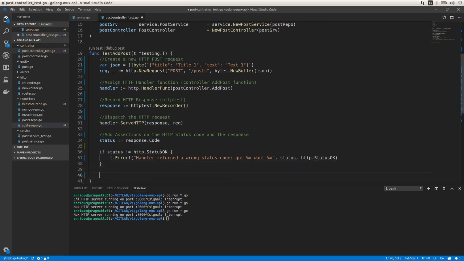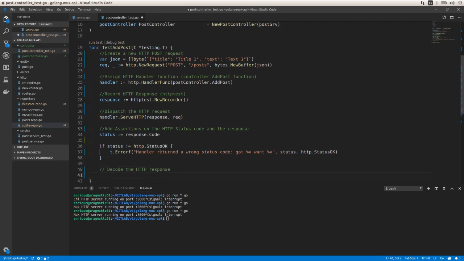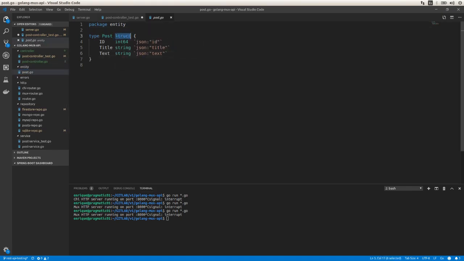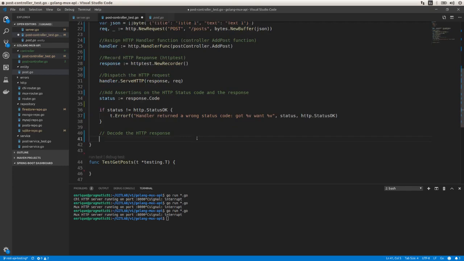Okay, and if the HTTP code that we have here is 200, we can make the assertions on the HTTP response. First, we need to decode the HTTP response. We need to transform the JSON into the struct that we have as part of our entity here, this post struct. Let's go back, and here we need to create a post variable. It's going to be post, it's going to be entity.Post,